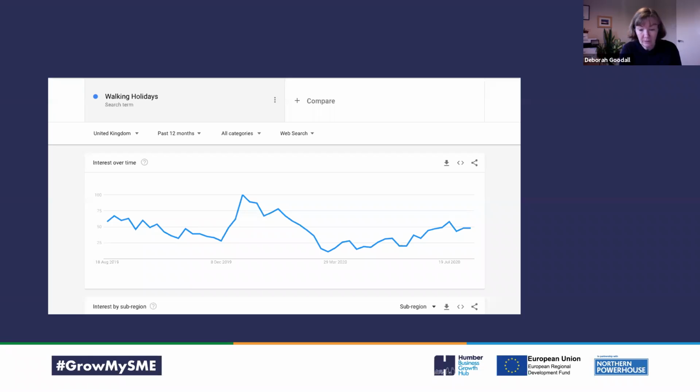The other thing that you can look at is what trending searches are. So a bit like on Twitter, where you can see what a trending conversation is, you can see if there's been any significant jumps in the last 24 hours for any topics. And if they're relevant to your industry, or if it's something you want to engage with, then you can use that within your short-term content strategy. So like yesterday, the top of the trending searches for the UK was tier checker, because they'd obviously all been rehashed. And the day before was tier 3 rules.